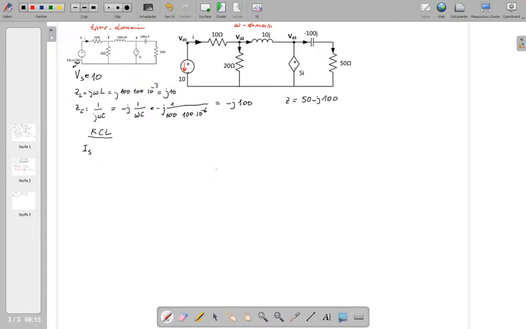And plus that current, that is the 10 ohm resistor current. So I am going to write this 10 ohm resistor current in terms of node voltages because the method that we are using is the node voltage method. How am I going to write it? You know this from introduction to electric circuits, but I am going to repeat it once more here. So the current is coming out of the node, so the sign is going to be plus.